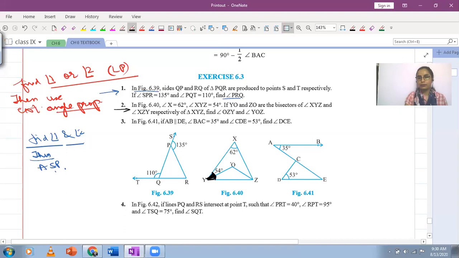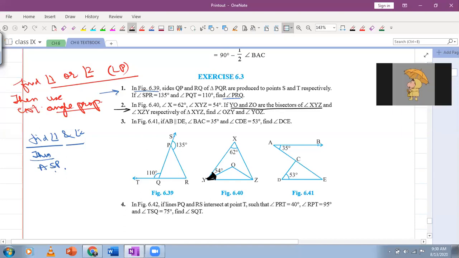The whole angle. Okay, YO and ZO are bisectors. So can you see the segments YO and ZO? The line segment YO, starting from Y, going up to O, it is bisecting angle Y, the one which is 54 degrees. इस angle की bisection हो रही है. So that means these two parts of this angle are equal. This part is equal to this part. Similarly, OZ or ZO is bisecting angle